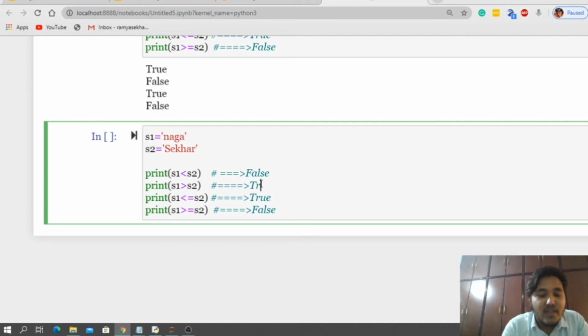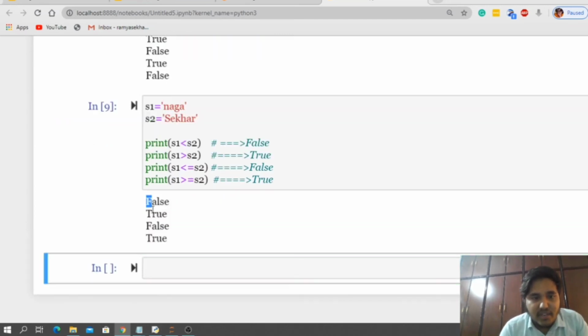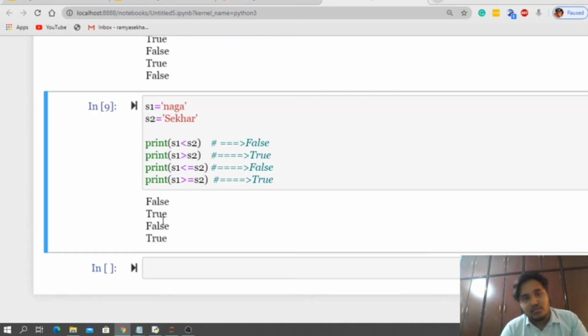Yes, that is the reason why we get true in this scenario. Here 110 is less than or equal to 83, that is false, and greater than or equal to is true. Let us check the output once. Yeah, we are getting false, true, false, true.